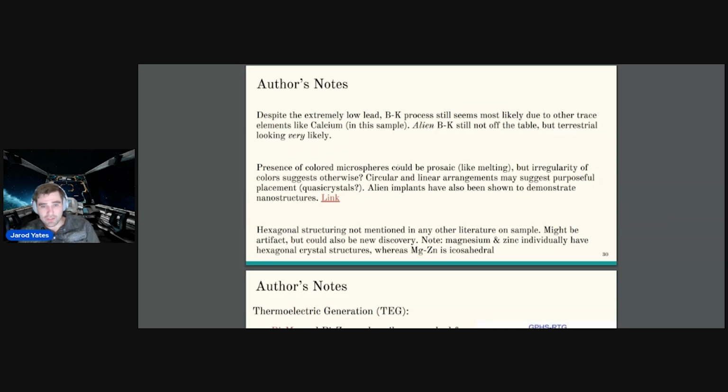So these colored microspheres, like I keep saying, they could be totally prosaic. They could just be an artifact of heating. They could be a whole bunch of things. But the irregularity of the colors, combined with the arrangements and circles and lines and stuff, I don't know, it's piquing my interest. I'm keeping my fingers crossed, my hopes high and my expectations low that we'll find some quasi-crystal